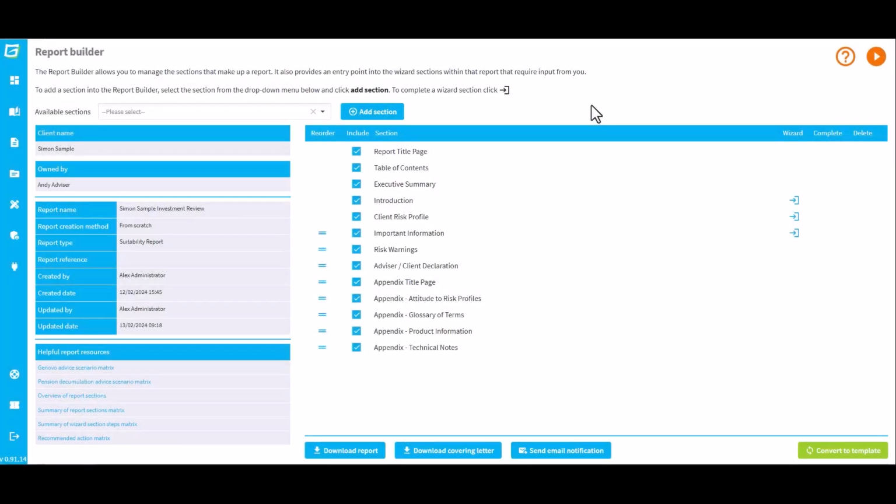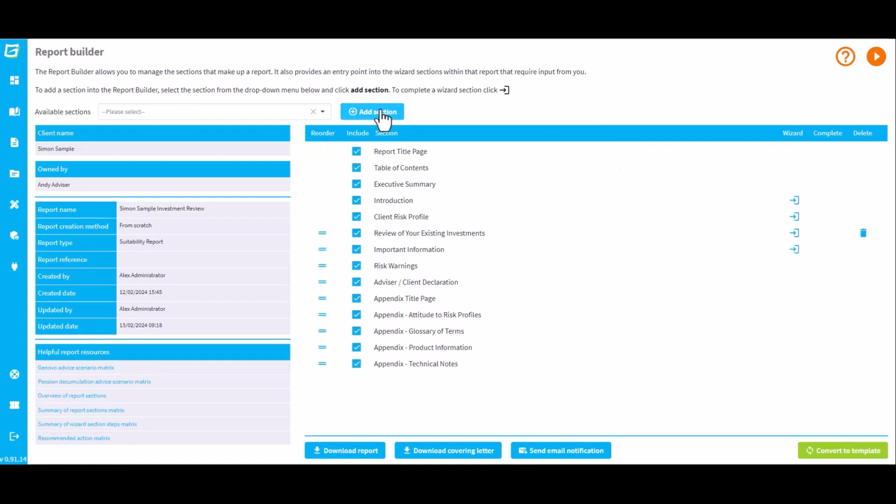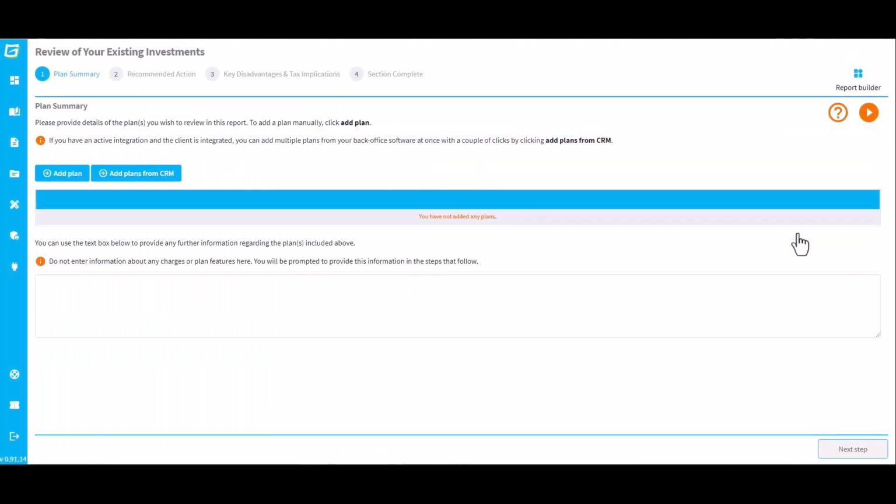Okay, next let's have a look at plans. So let's say we are reviewing Simon Sample's existing ISO and GIA with Transact. This review would take place in the Review of Your Existing Investments section. So we add the section to the Report Builder, click on the Enter Wizard section icon, and then click Add